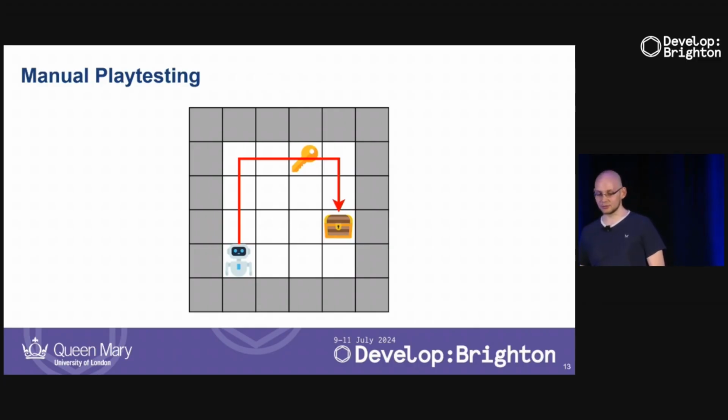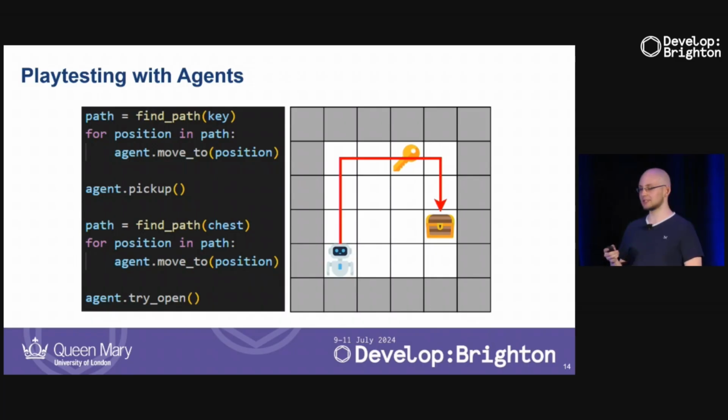So it might be tempting to try to automate this using maybe some kind of agent that we implement ourselves, where we essentially implement whatever the game developer just tried to do, and let it run every time we want to check if the game still works, which is nice. But of course, this has some problems, like implementing these agents can be extremely difficult, especially if our game gets very complex. And of course, if our game essentially evolves over time, then it's very likely that it's going to break again, and we have to again tediously try to adapt the code to actually make it work. So this might also not be the optimal solution.